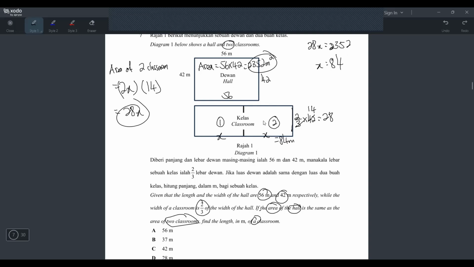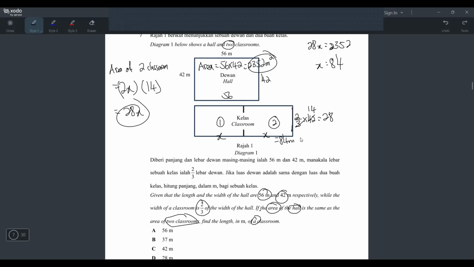Length is 56, 42. While the width of the classroom is 2/3 of the width. The width is 42, right? So 2/3 times 28? So correct. Area of hall is the same as area of 2 classrooms. So 14 times x plus 14 times x is 28x lah. And then the area is the same as 2 classrooms. So 28